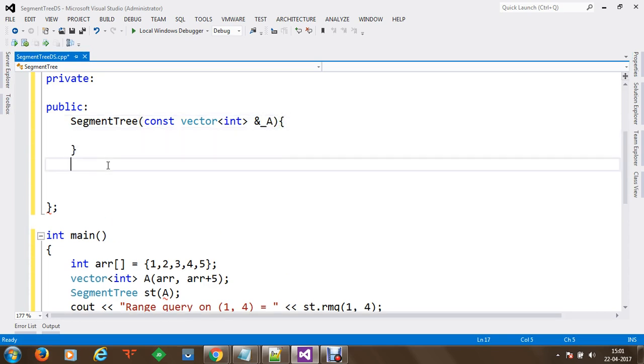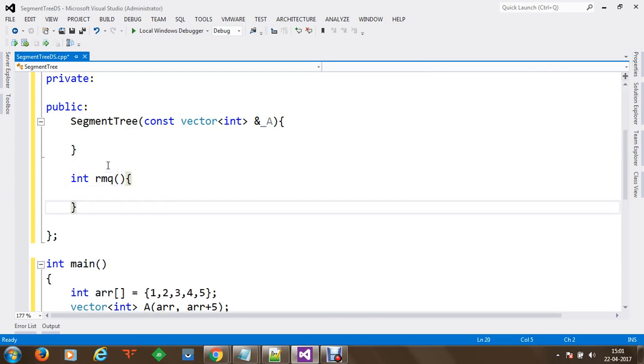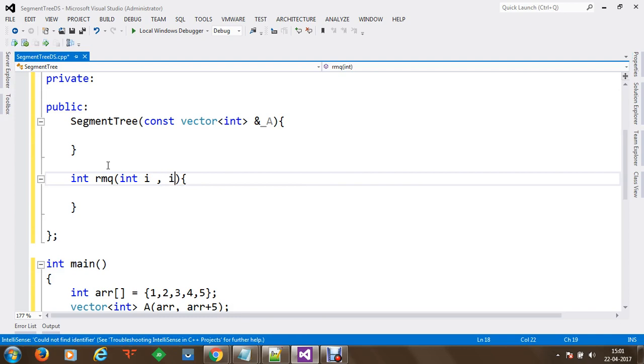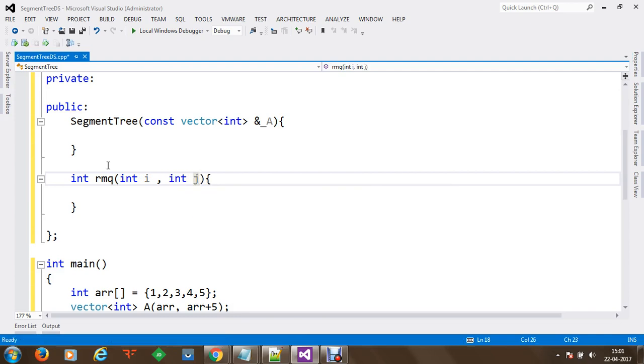Once the constructor has been done, using this we are going to create a constructor for segment tree, and once the constructor is executed and the segment tree has been built, we are going to execute a method, the range query, in which we are going to specify a range value. So let's say we would like to specify a range from i to j, and we want to check the minimum segment available within this range.